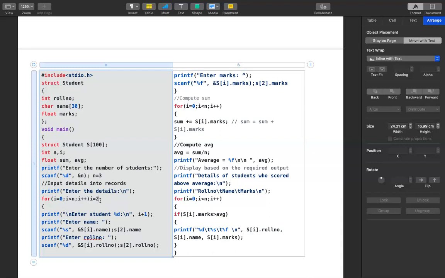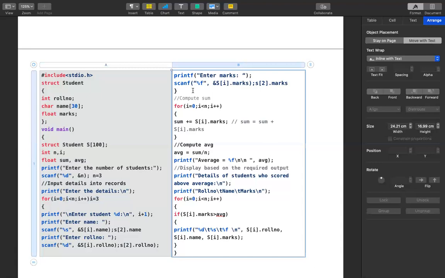Okay, now what happens? Again, this loop will come and it will become I is equal to 3. But when I becomes 3, this condition becomes false. What is the current value of I? I is 3. And what is the n value? 3. Is 3 less than 3? No. So it is going to become false, because we are supposed to enter only 3 student details as per the number of students we have entered. So we have done all this job where we have entered all the details of the students.